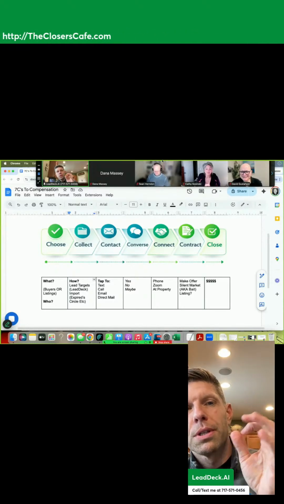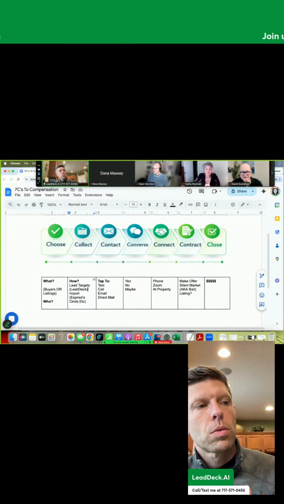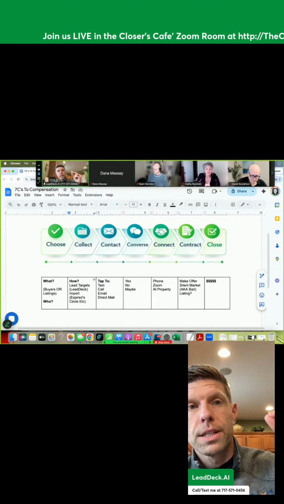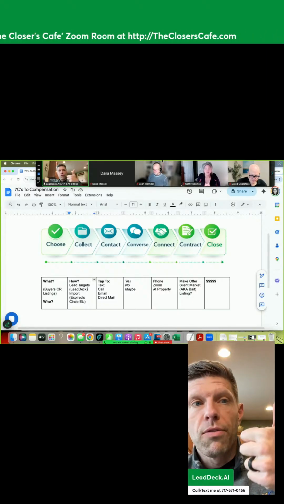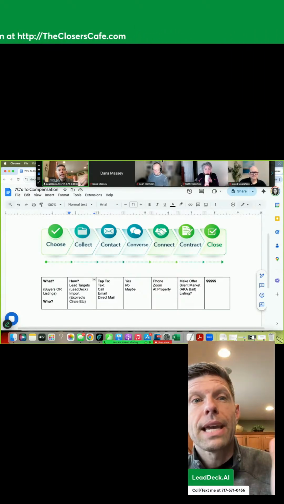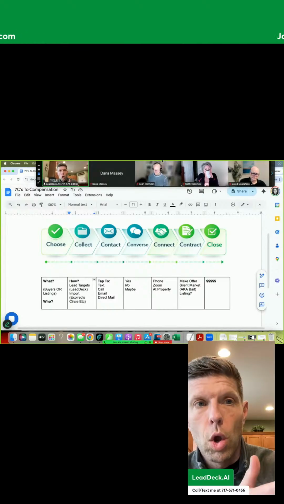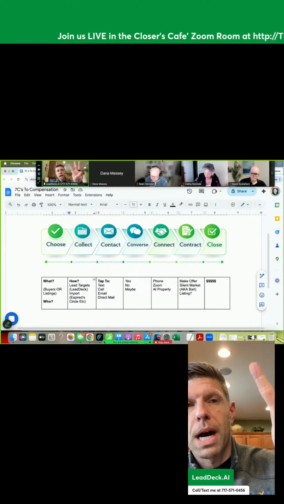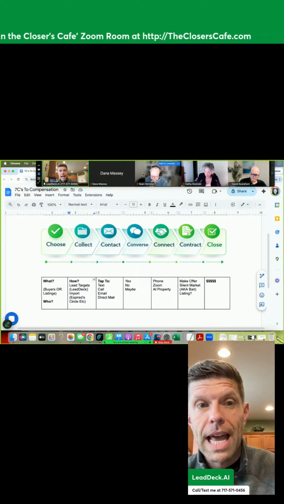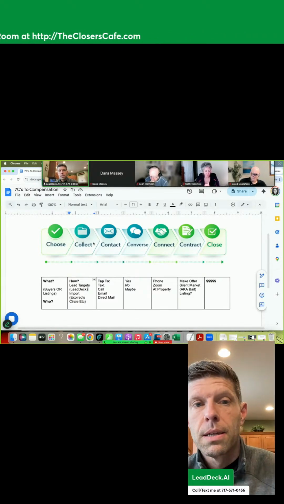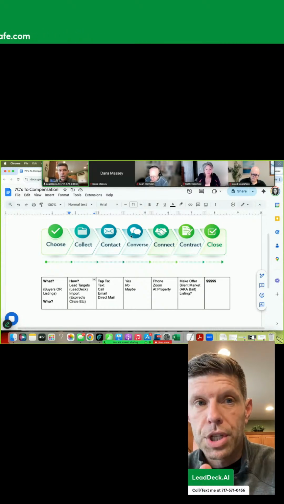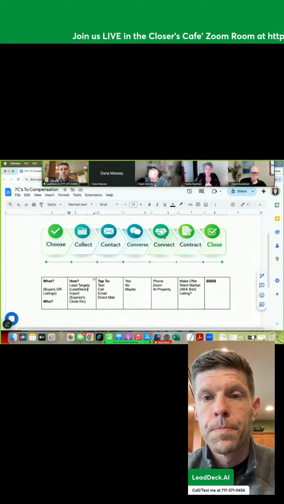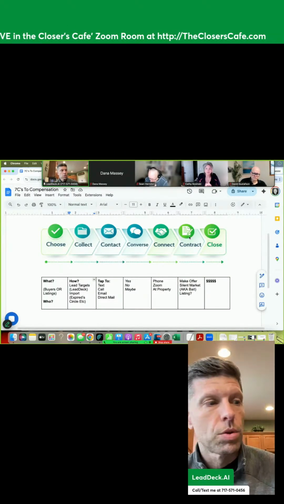First, we have to choose. And by choose, what is or who is the audience that we want to help? Are we looking for buyers? In that case, are we following the OG deal sprint process where we've got bait? We're going to use that bait to reach out to buyers, and then we're going to collect that information, collect the leads. We're going to contact them so we can get into a conversation and then connect with them more deeply, the ones that are more interested, so that we end up writing a contract and closing the transaction.